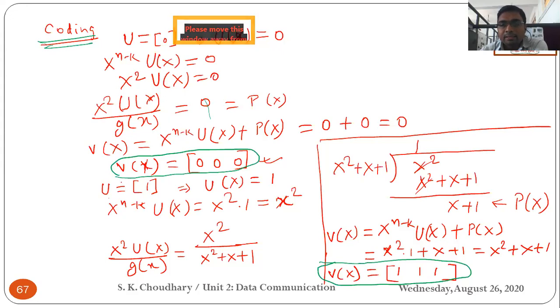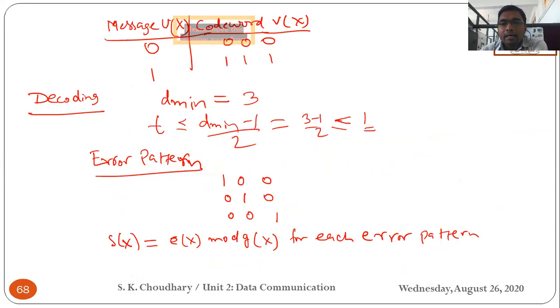This code word is now transferred to the channel, and in the channel some error would be added to the encoded message v(x). When this error is added, we first have to find out the capacity of the code word, that is, how many bits of error it can detect and how many bits of error it can correct.